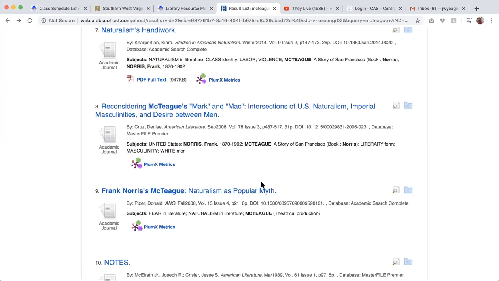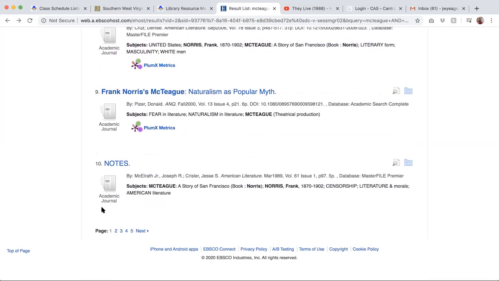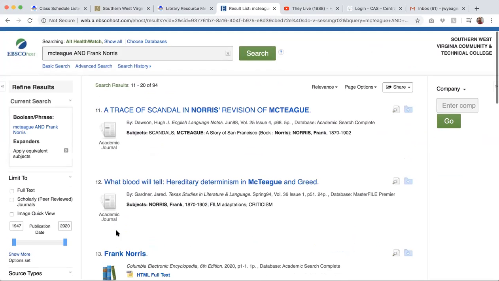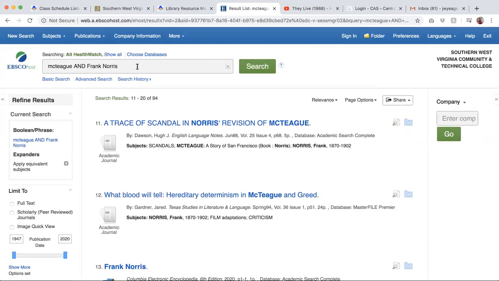That sounds like that's what that article's about. Naturalism is popular myth. There's a lot of stuff here, right? Just on McTeague, 90 results. But like I said, some of the stuff you can't get right off, but I can get it for you. So just remember that.